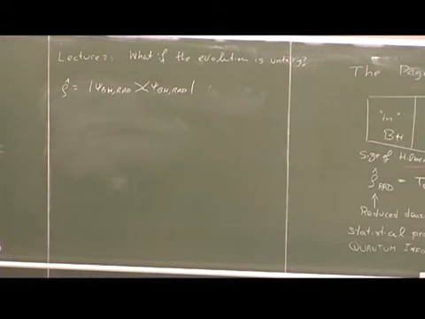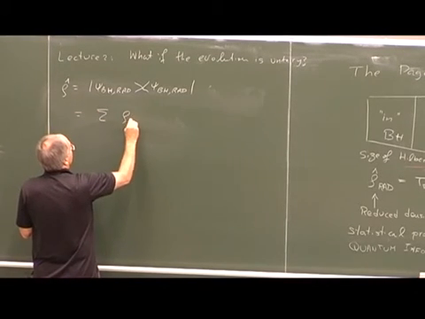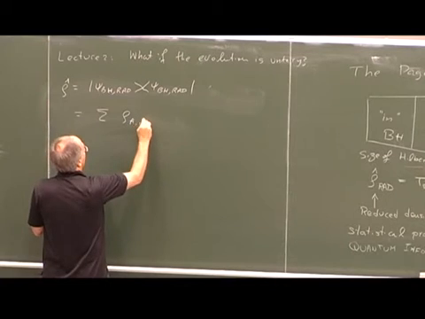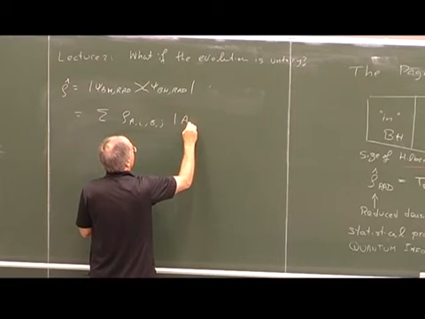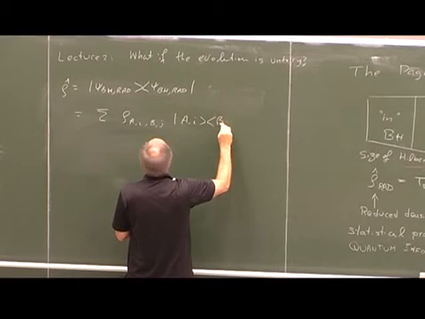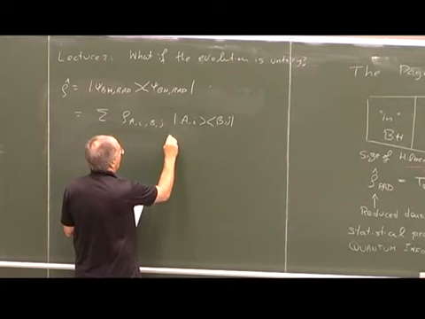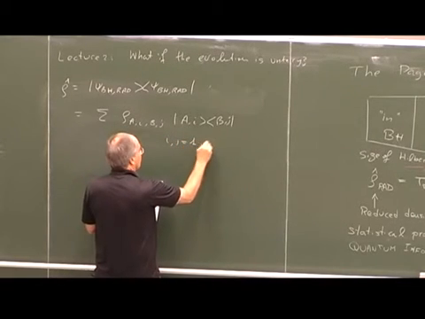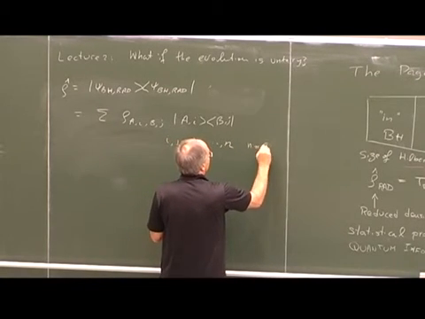You remember the setup is still on the board. And we would like to write it as a sum of rho A, I, B, J, A, I, B, J, where I and J go from 1 to n, and n is